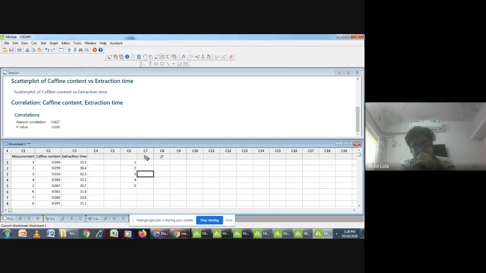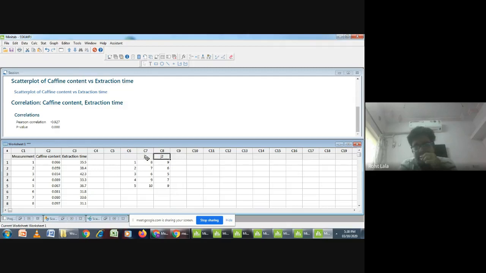Judge 1 gives 8 marks to the first contender, 7 marks to the second, 6 marks to the third, 9 marks to the fourth, and the fifth contender gets 10 marks. Now the same way, judge 2 is sitting. Suppose he gives 9 marks to the first contender, 6 marks to the second, 5 marks to the third, 7 marks to the fourth, and again 9 marks to the last contender.